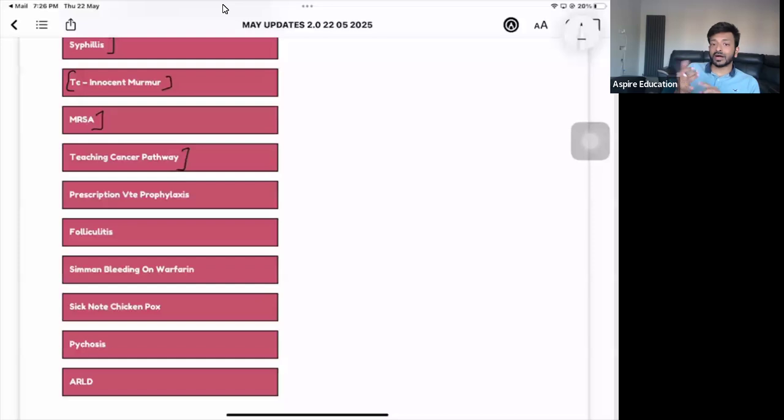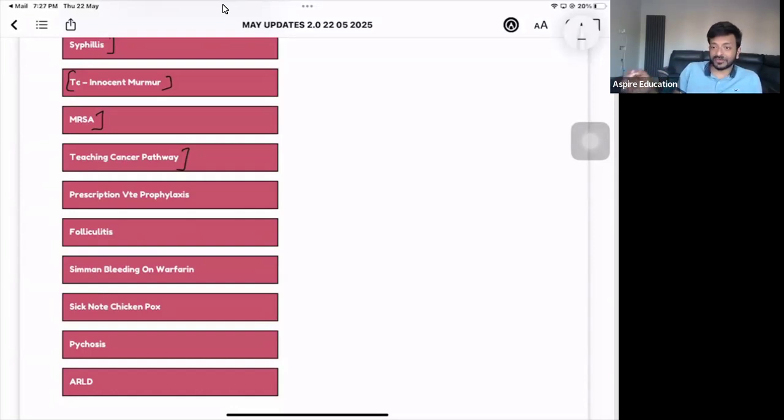Sometimes it's an accidental finding. You can find the cancer accidentally. Otherwise, mostly what we have got is the 2 weeks urgent pathway. Any cancer, remember, 2 weeks urgent pathway. However, if your patient is a very young patient, we might go for a very urgent pathway as well. So for this teaching on the cancer pathway, what are the usual referrals we have got?